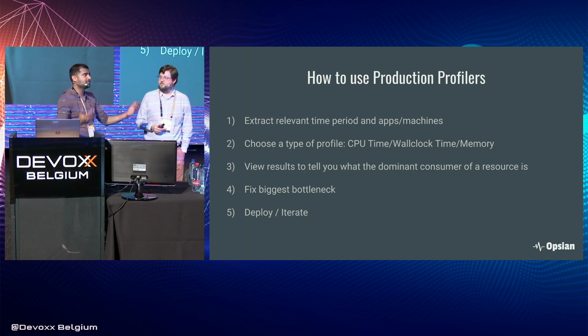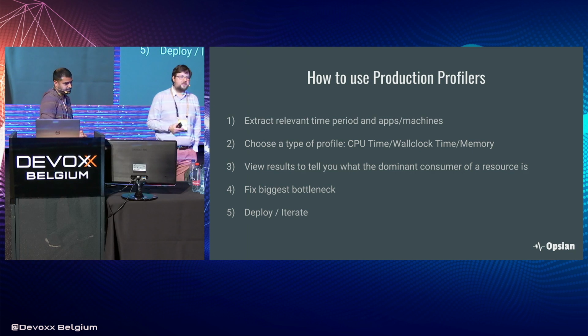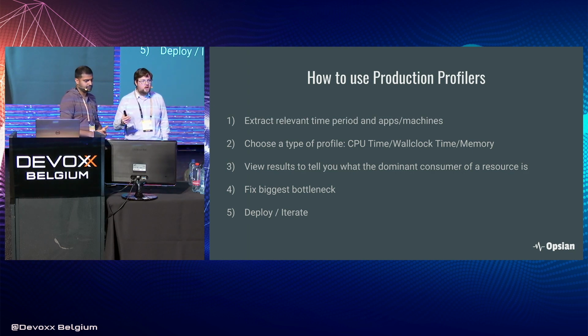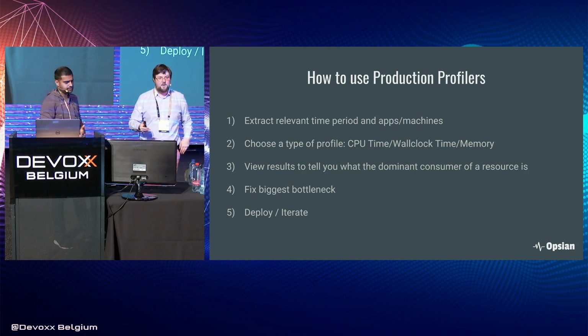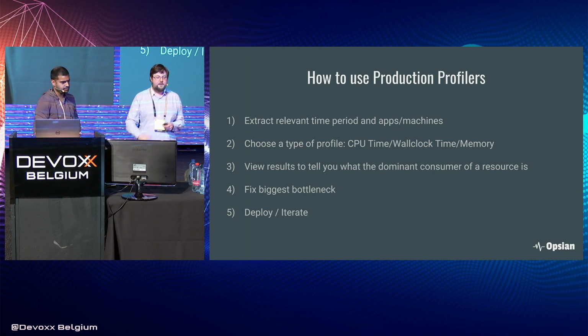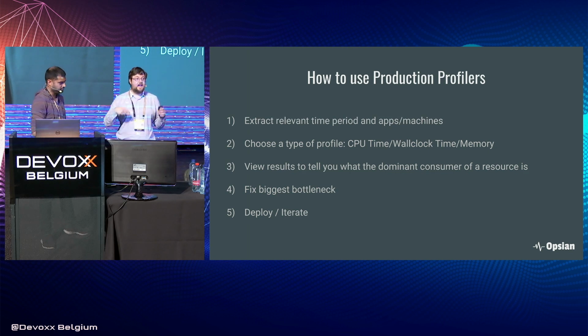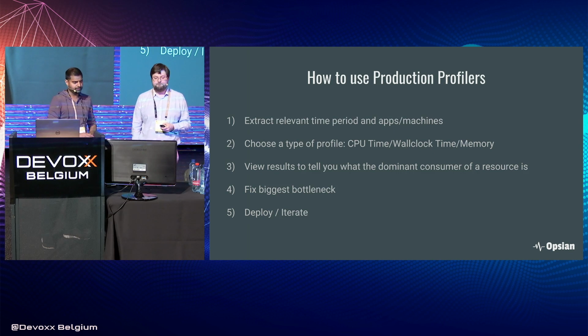We find the machines that we're interested in, and we then decide, well, what is the resource of interest that we're actually trying to profile? Yeah, so the resource of interest here could be a CPU time resource, if that is perhaps where your bottleneck is. It could be a memory-oriented resource, if you have a problem where you're running out of memory or you're having a memory leak. Find your biggest bottleneck, solve that bottleneck, and redeploy and iterate. I think that's a good way of thinking about using any system that gives you production performance information.